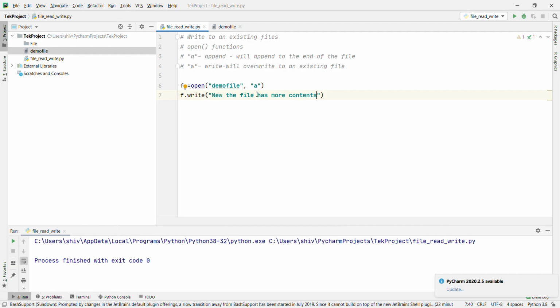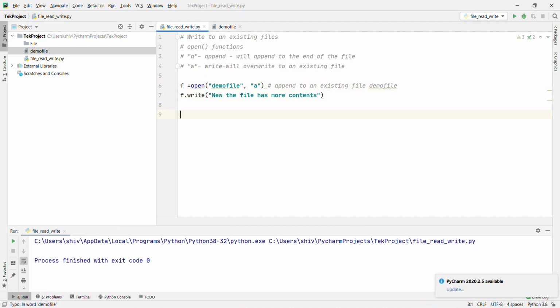You see we use A for that, right? This is for append. Now we are going to append something to an existing file, the demo file.